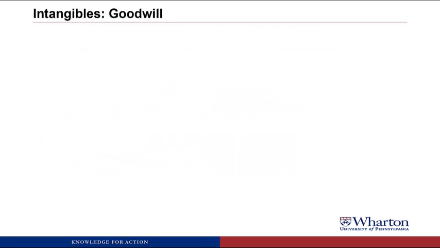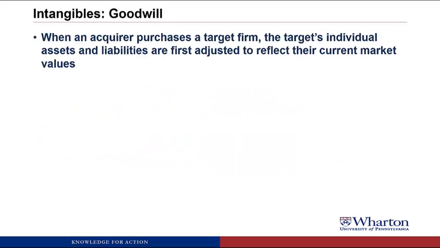Okay, so now let's talk in more detail about goodwill. So when an acquirer purchases a target firm, purchases another company, that firm's individual assets are first adjusted to reflect their current market values. So as we've talked about, inventory is lower of cost or market, property, plant, equipment is lower of cost or market, which means that they're generally valued below market value. Usually market value is higher. In an acquisition, it's assumed that when we buy the inventory, when we buy the property, plant, and equipment of the other company, we're paying market value. So what we do is we write those assets up to what their market value would be.